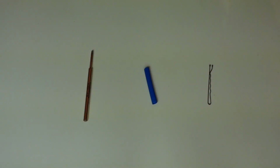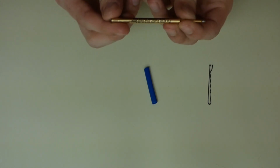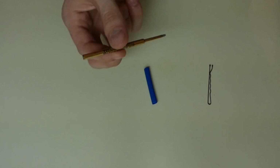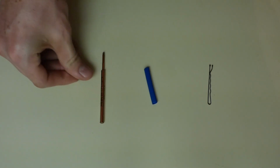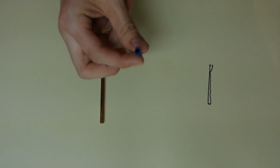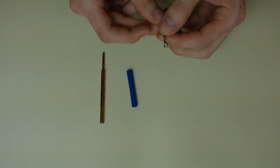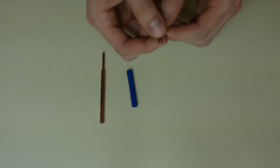Alright, so for this, you're not going to need a lot of stuff. All you're going to need is a Fisher Space Pen refill or something similar. These are basically just pressurized ink cartridges. You can get them for like $5 or $6 for a pair. You're going to need a little bit of shrink tubing, and you're going to need a bobby pin. It's best if it has the little nubs on the end still, just so it doesn't tear up the inside